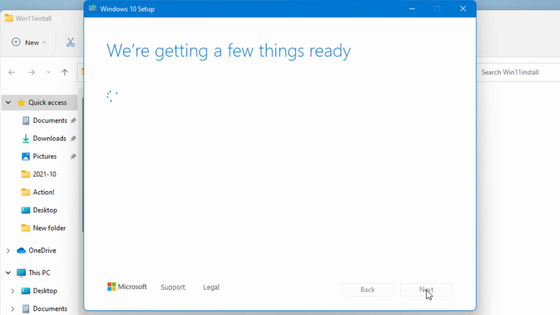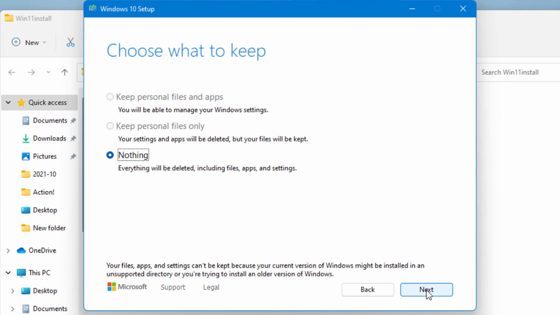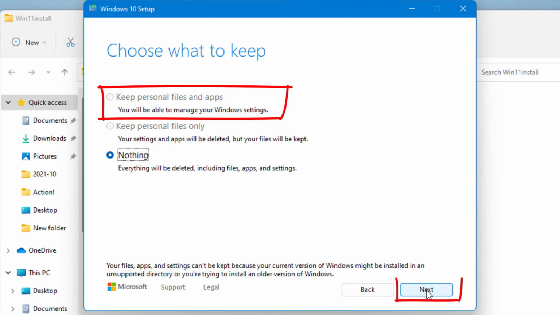This will begin upgrading your Windows 10 to Windows 11. Hit the Accept button. Here, you should choose Keep Personal Files and Apps because you are still in Windows 10. In my case, it gave me only one option because I'm already using Windows 11. And click Next, it will begin the upgrading. And rest assured that this will be an upgrade to Windows 11 instead.